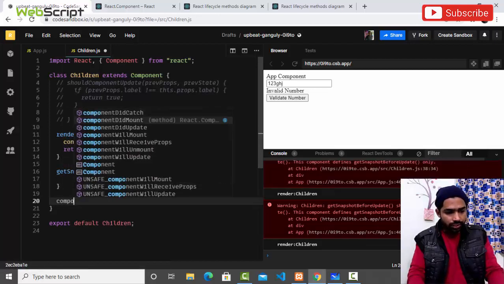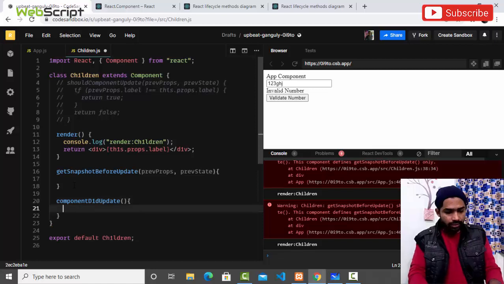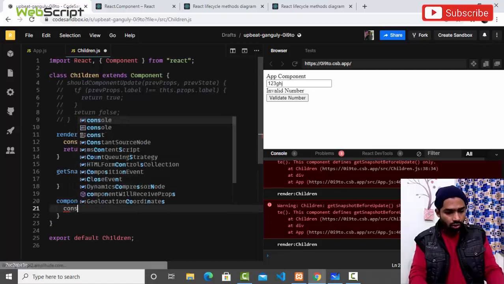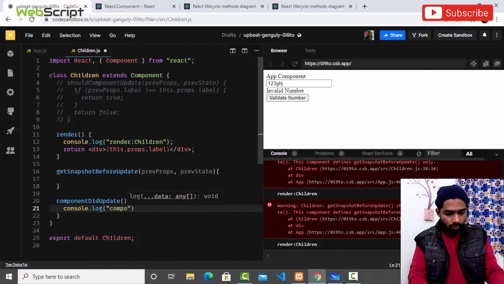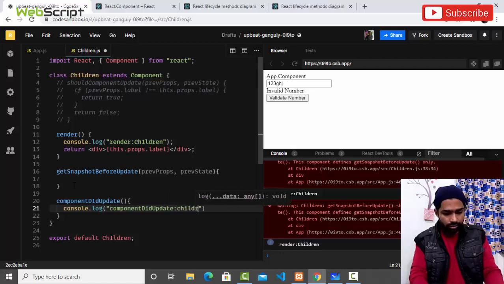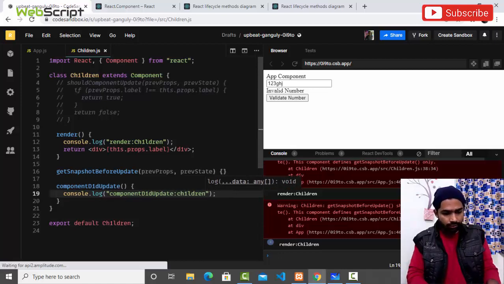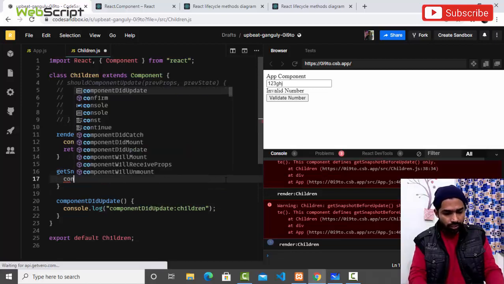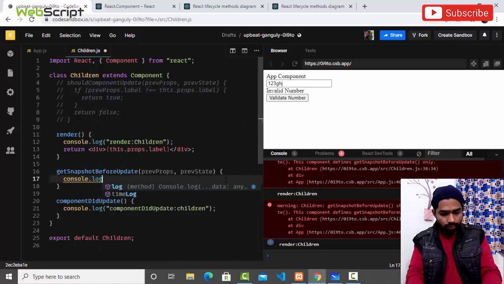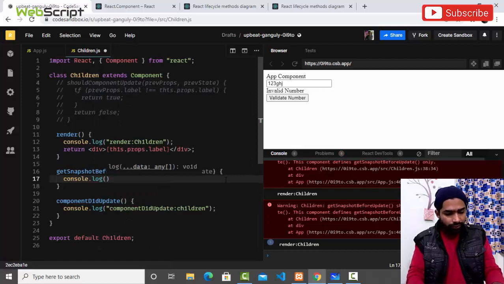So we'll write componentDidUpdate with a console.log saying "component did update with children". Within getSnapshotBeforeUpdate we also write a console.log saying "getSnapshotBeforeUpdate"